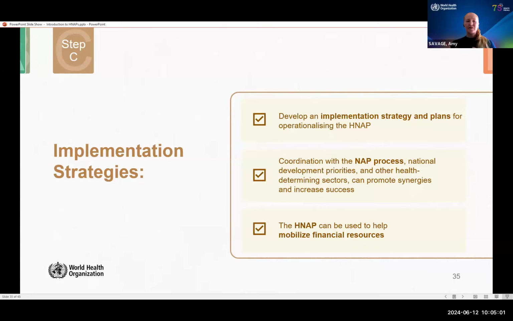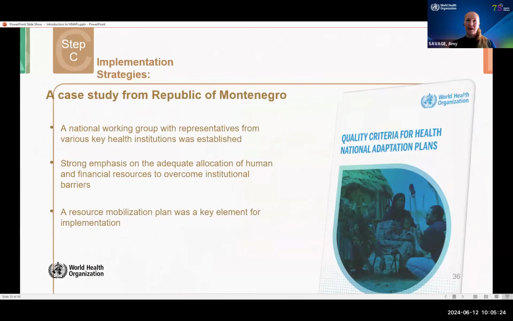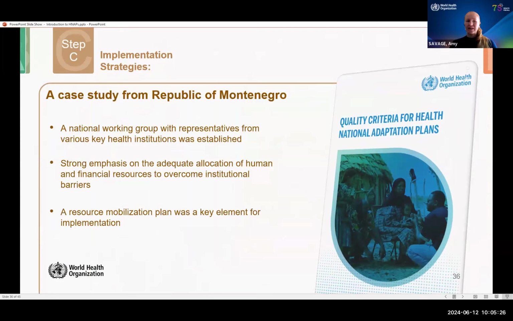And again, this needs to be ideally coordinated with the National Adaptation Plan process, national development priorities, and other health determining sectors, so that we can ensure that we promote synergies, health co-benefits, and increase the success of the implementation of the HNAP. And we need to mobilize financial resources because, as we all know, we need lots of financial resources to implement